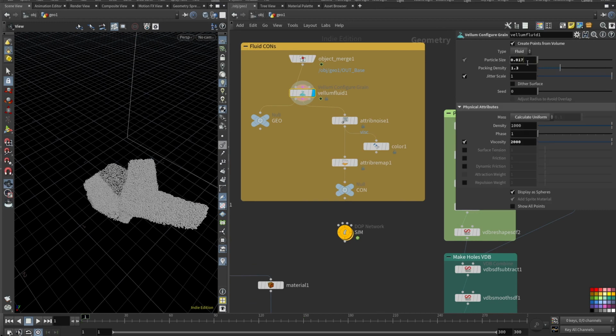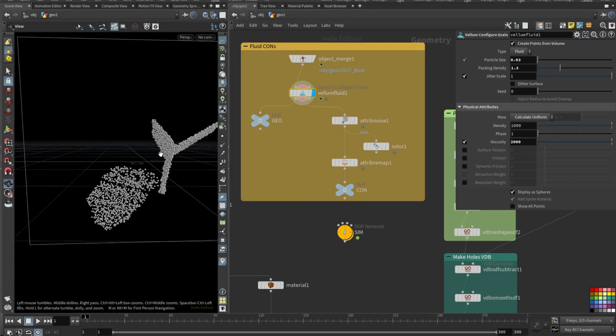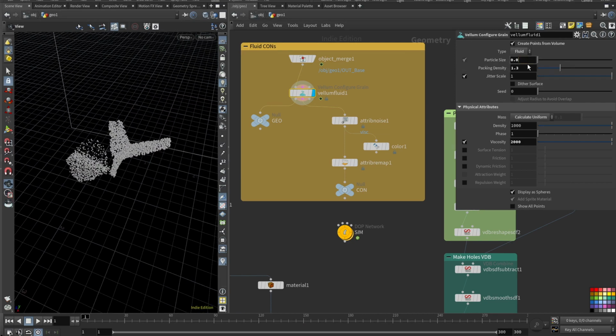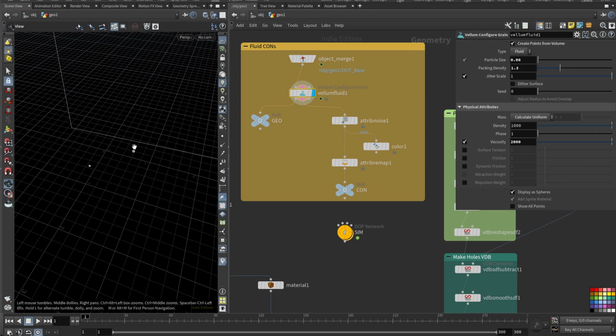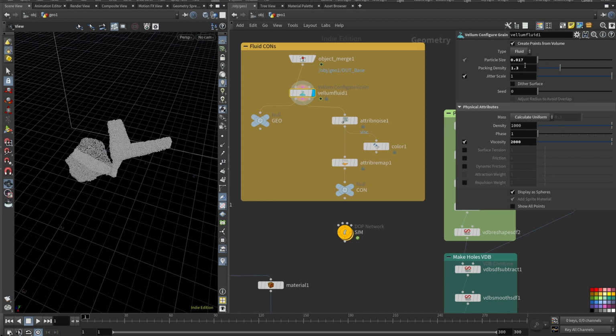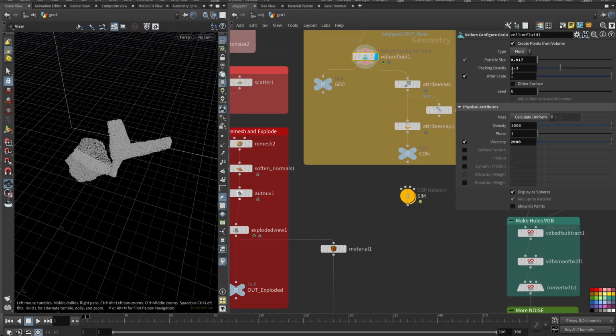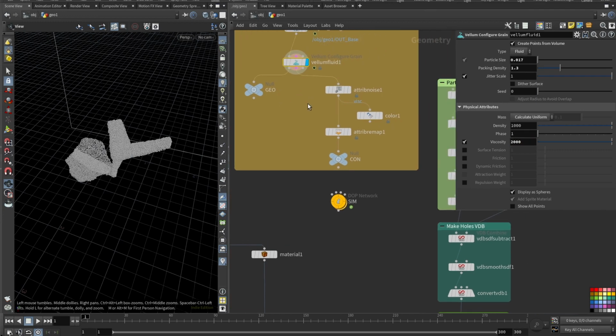So if here I input 0.03, you will see that there are much fewer particles here. And if I input 0.06, you can see that there are barely any particles. So basically the particle size should be a lot smaller than your distance between exploded segments. Here I'm using type fluid, packing density 1.3 and viscosity. For now, and you can experiment with that, viscosity is set to 2000,